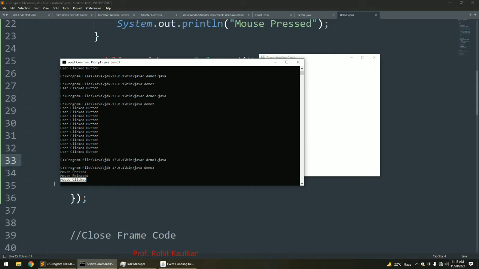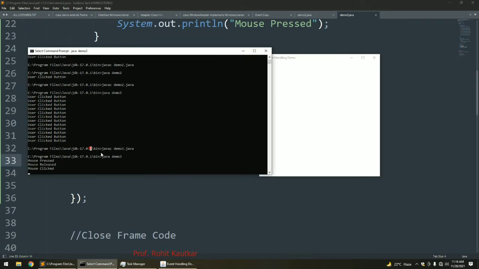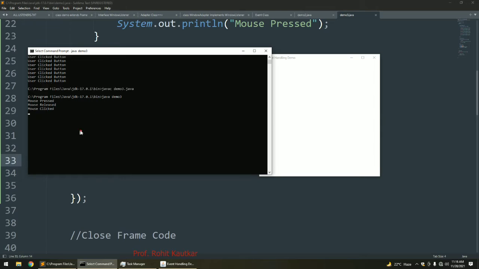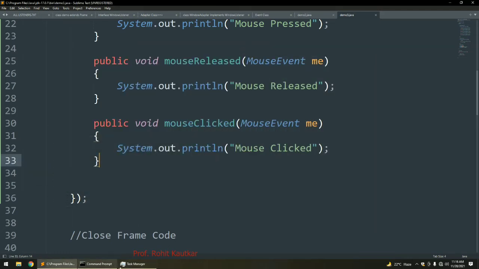Mouse click. So you can see one click got completed here. If I click again, you can see it is getting updated whenever I click within this frame.